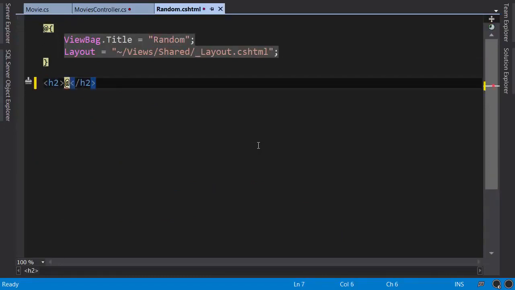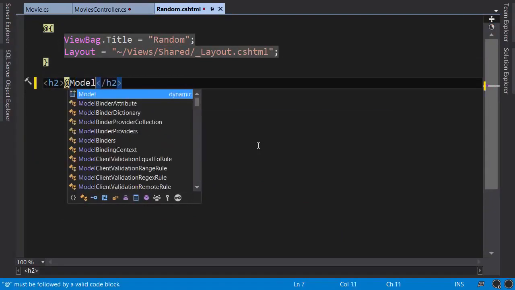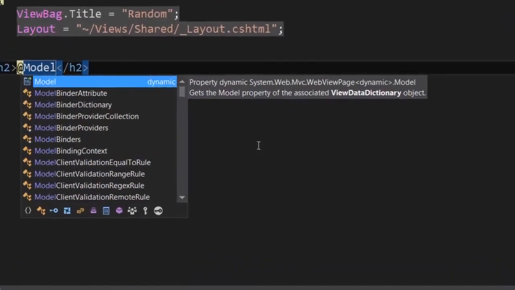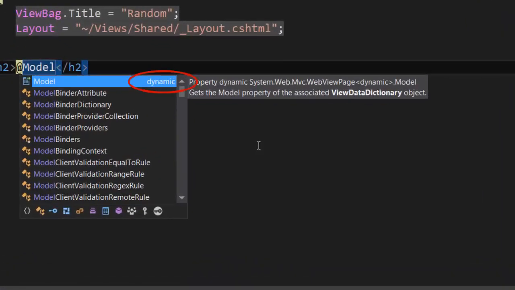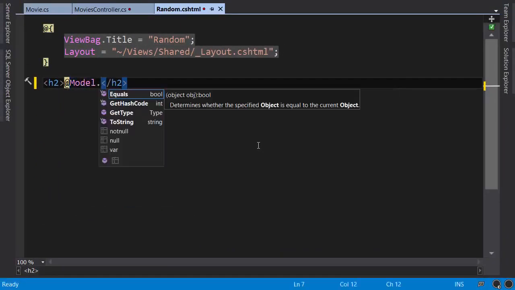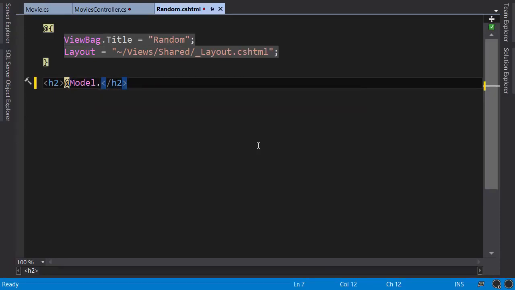We start with @ and then type model. Every view has this property which gives us access to the model we pass to it in the controller. Now in the IntelliSense, note that the type of this model is dynamic. It's not a movie. So if I use the dot operator, I cannot see the name property of this movie here. So on top of the file, we need to use a directive to specify the type of the model